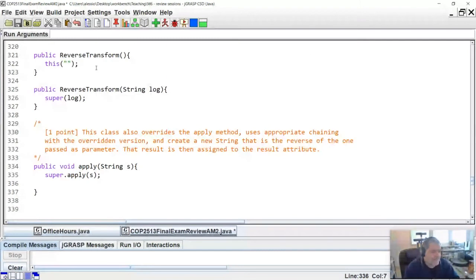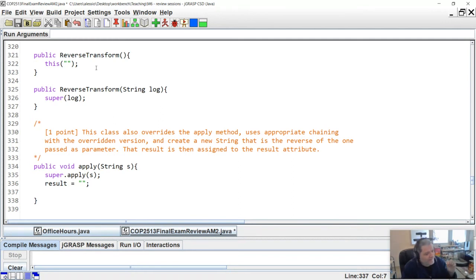So there are different ways to do that. I could be lazy and actually call the reverse method from the string class, but let's just write some code since this is a review. That's not going to hurt us. I need a string result. Actually, I have a string result. This is my attribute. So I'm going to set my attribute result to the empty string, and I'm going to